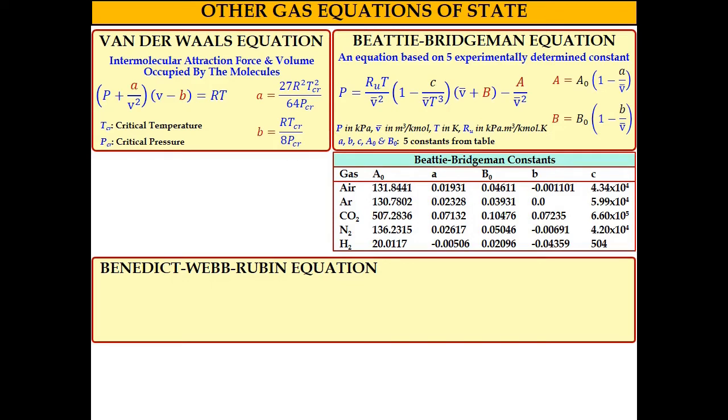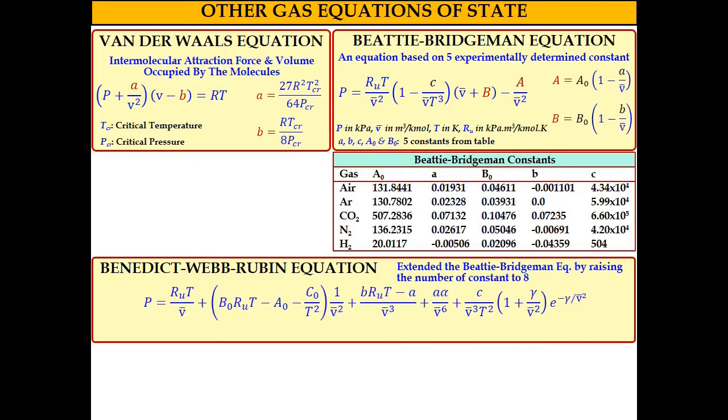Okay, the third equation is from Benedict-Webb-Rubin. We call it the Benedict-Webb-Rubin equation. This equation extends the Beattie-Bridgeman equation by raising the number of constants to 8. For Beattie-Bridgeman, they only use 5 constants, but for the Benedict-Webb-Rubin equation, they use 8 constants. So we will have a longer equation as shown here, where we have P equal to Ru multiplied